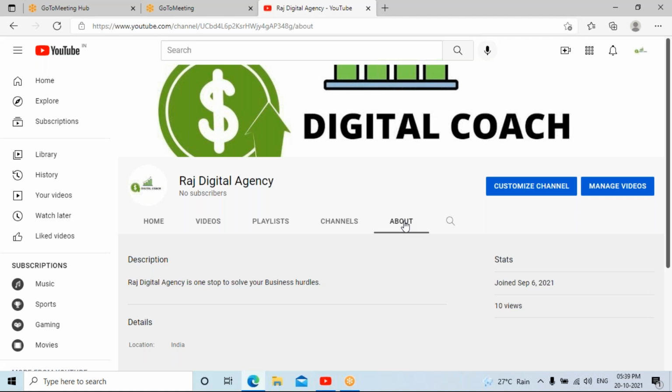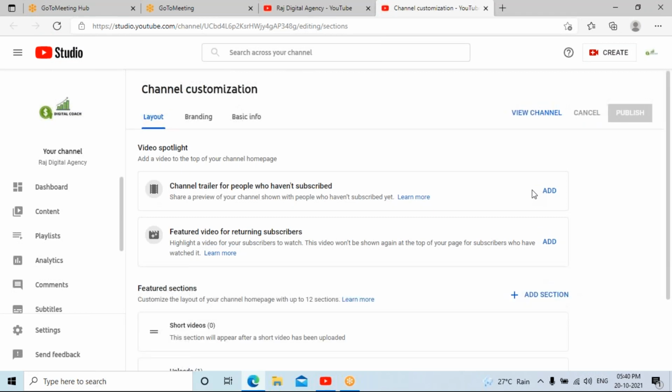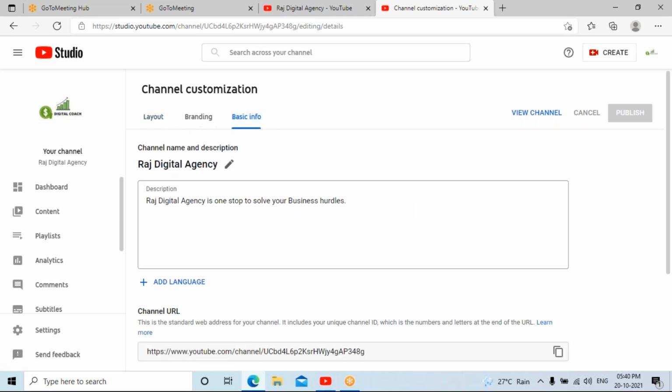Those details we are supposed to give through the customize channel option, by going to the basic info option once after clicking on customize channel.